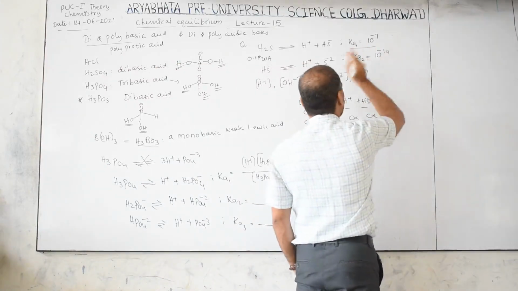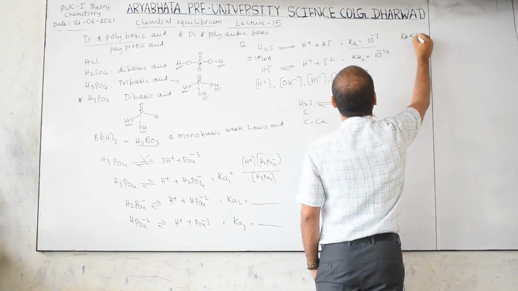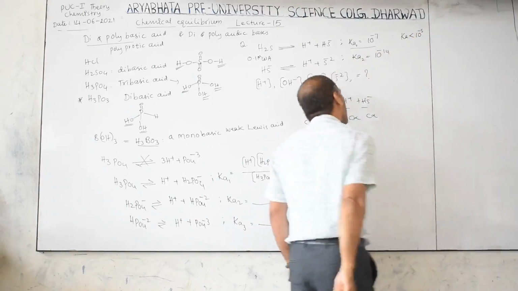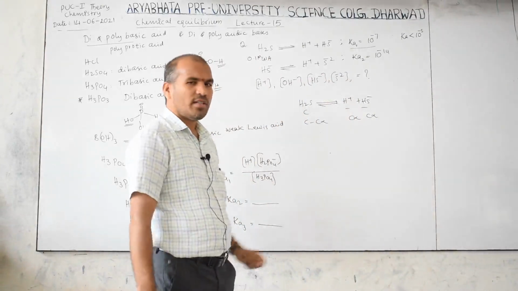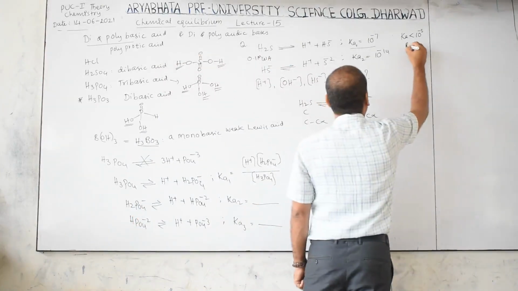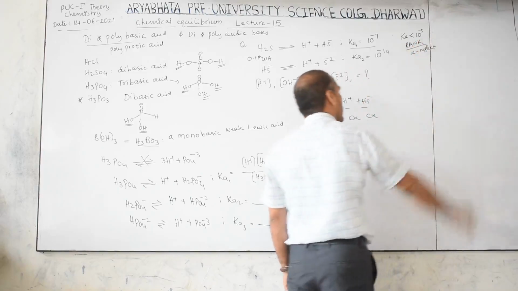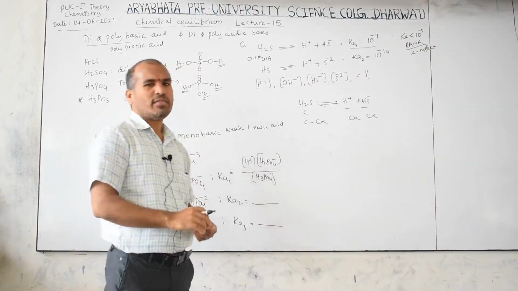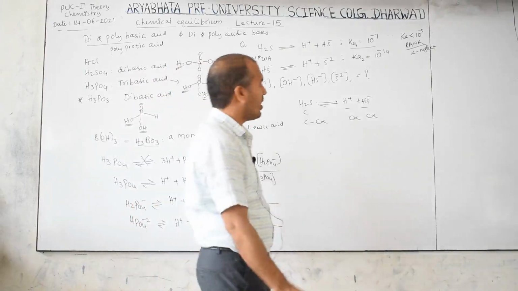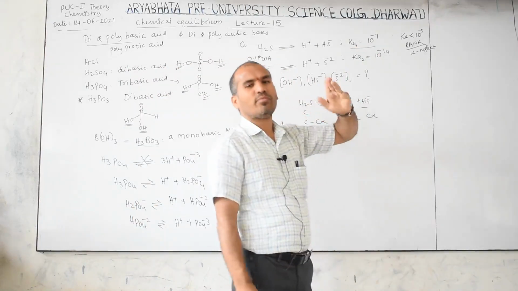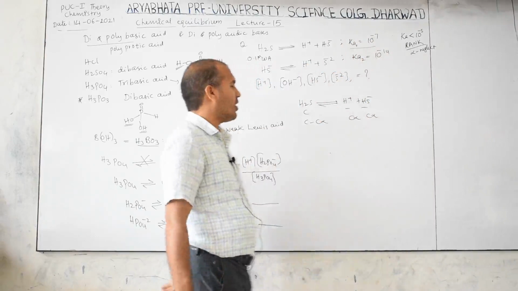If the Ka value is less than 10 power minus 5, in maximum cases, not all cases, alpha is negligible. That is also one of the rank shortcuts. Then here you can consider alpha can be neglected. That is also important. Many cases may not, but in 95% of questions the Ka value is less than 10 power minus 5. This 10 power minus 7 is compared with 10 power minus 5. This 10 power minus 7 is smaller, 10 power minus 5 is greater, therefore we can neglect alpha.